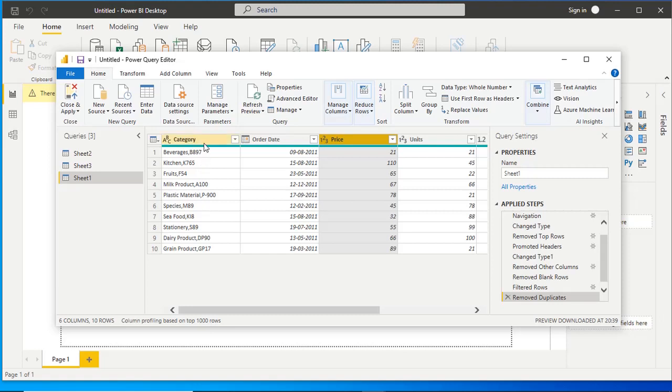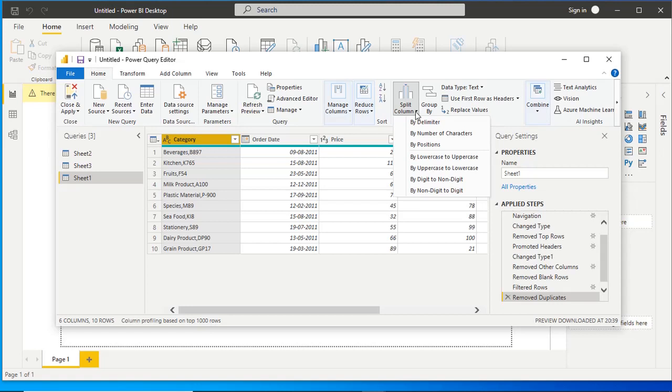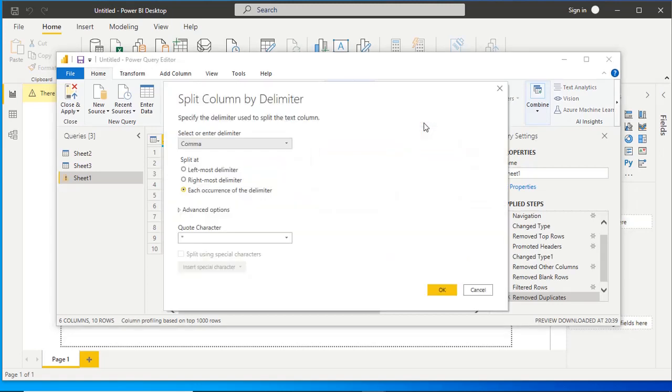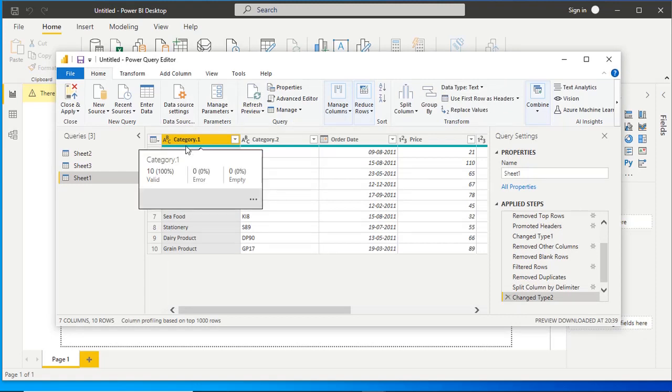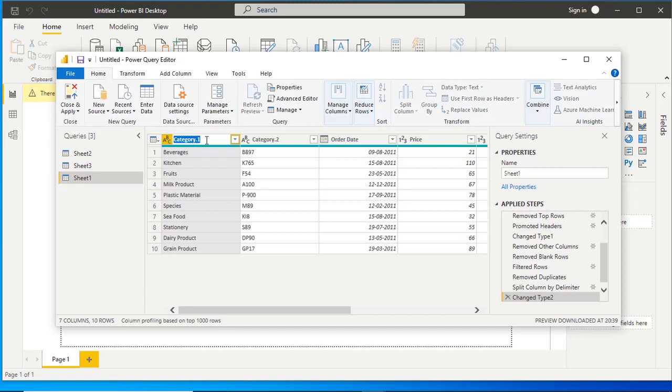So click the category column, then in the query ribbon, split column, by delimiter, because our category and category code are separated by a comma, so that's why we will choose the comma. So you can see category has been divided into two columns and it also renamed the columns category 1 and category 2. So we can change the names of the columns: category, then code.